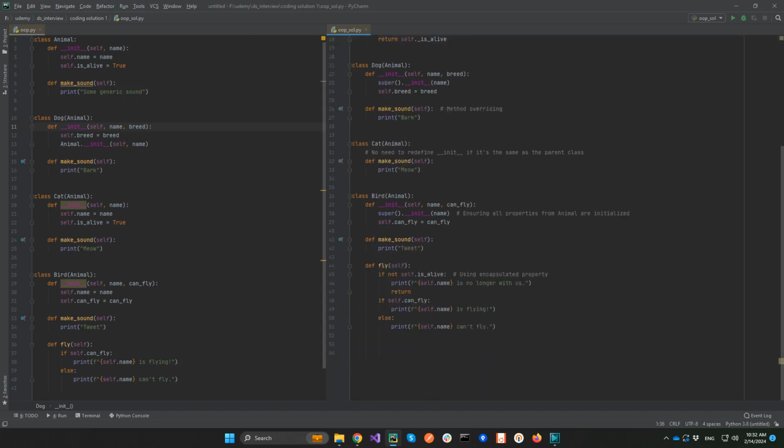Finally, the Bird class was adjusted to include a call to super().__init__ in its constructor, ensuring that instances are uniformly initialized according to the Animal class's logic. The addition of a fly method, which checks for the isAlive status before allowing flight, demonstrates practical encapsulation and method overriding. This method not only added a layer of realism to the model, but also highlighted the class's ability to